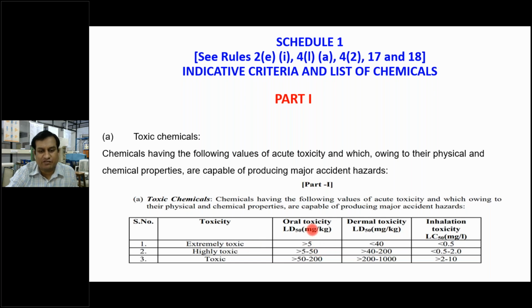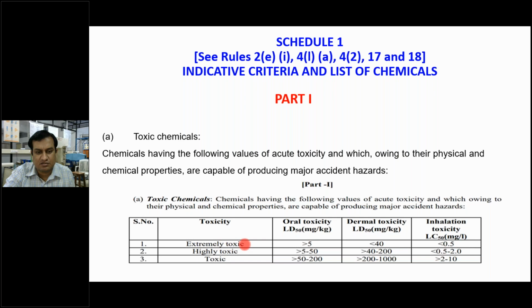If less than 5 mg per kg is the toxicity through the digestion or through the mouth, that is oral toxicity, then it is called extremely toxic. If it is less than 40 mg per kg, then it is a dermal toxicity range, and that is again extremely toxic. If it is less than 0.5 mg per liter through the inhalation, then it is also an